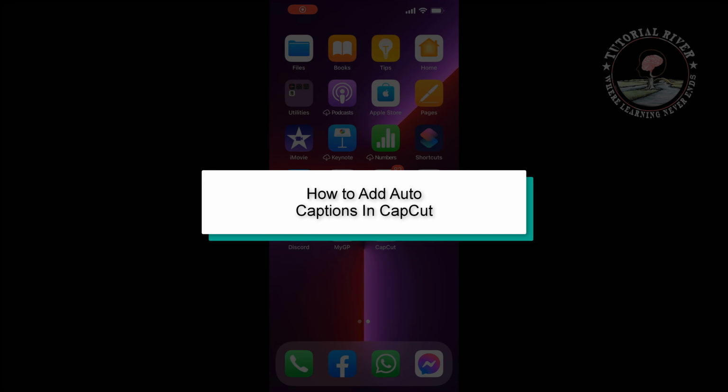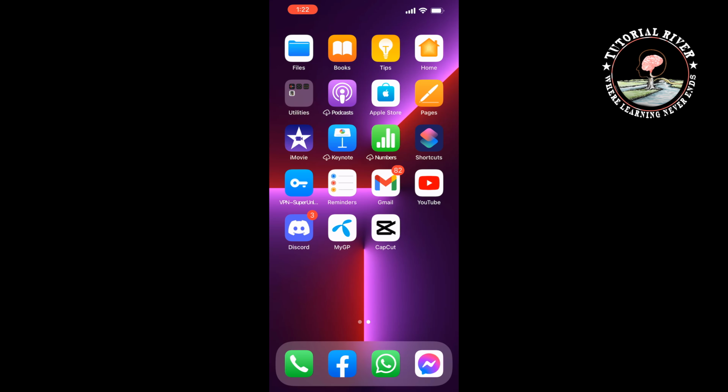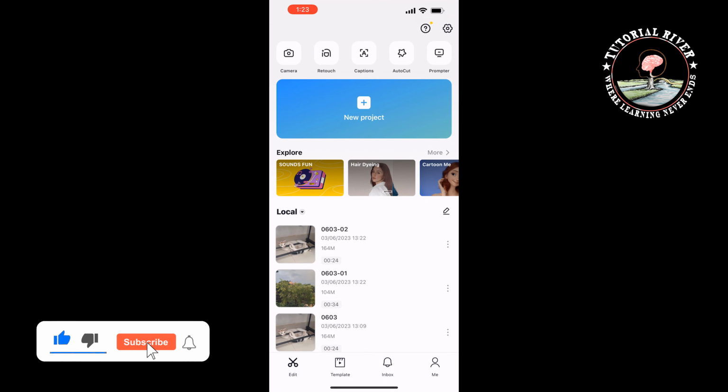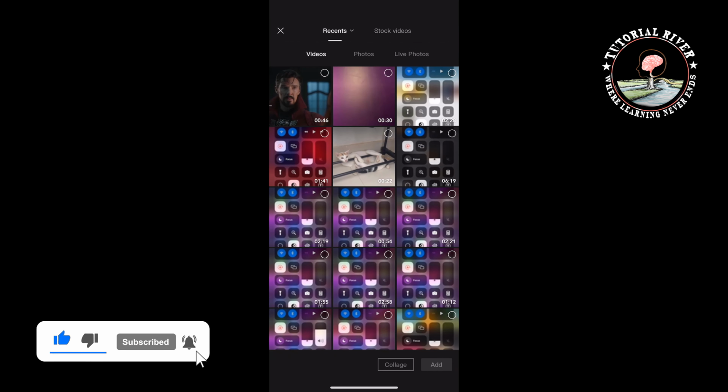This tutorial review will show you how to add auto captions in CapCut. First of all, open the CapCut app. I'm going to create a new project and select my video,